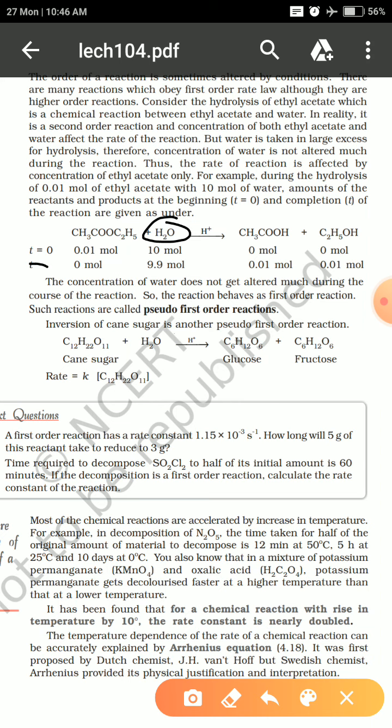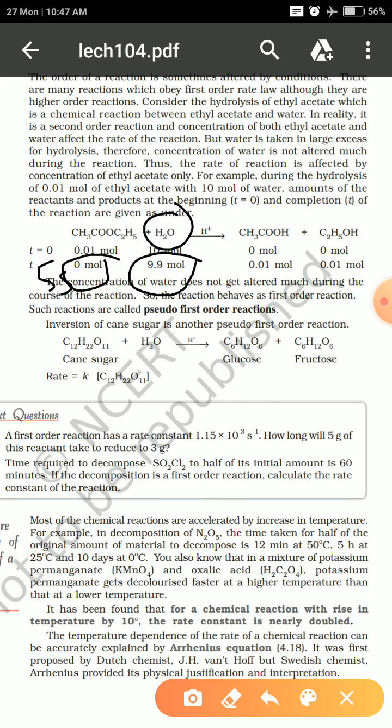Suppose at 0 seconds, and after about 30 seconds of the experiment, the concentration of water was just 9.9. It means very little change occurred in the concentration of water,